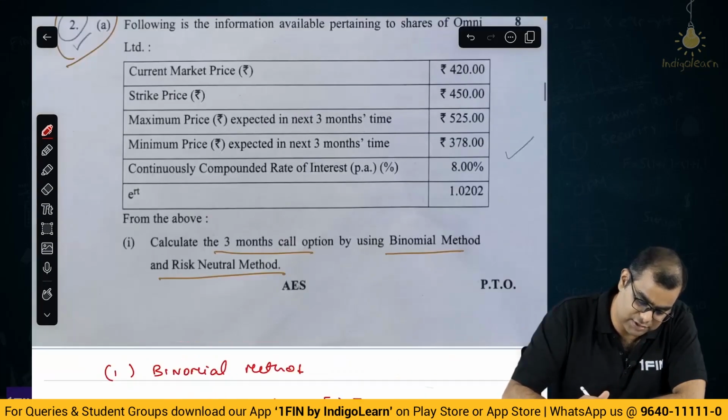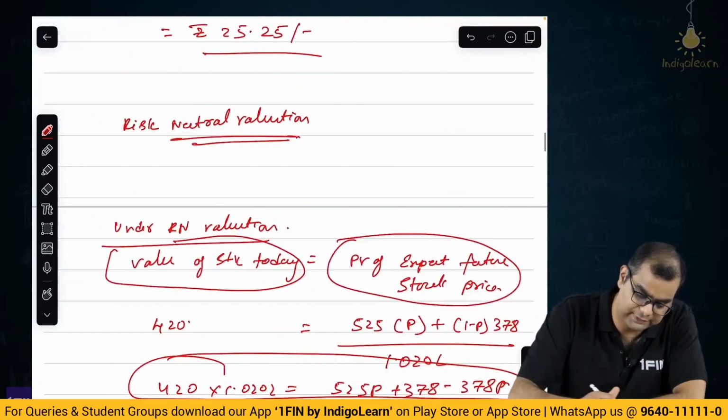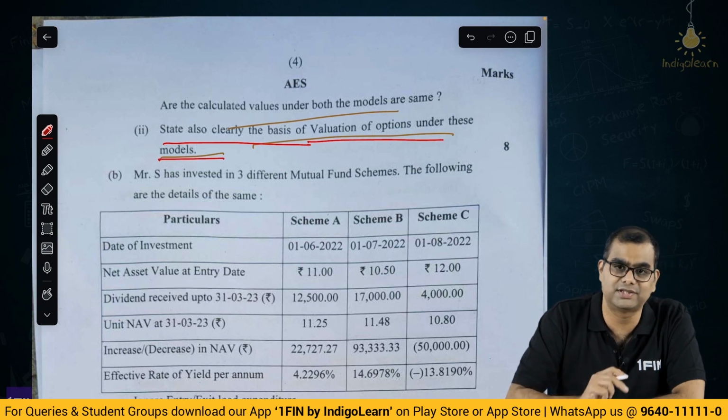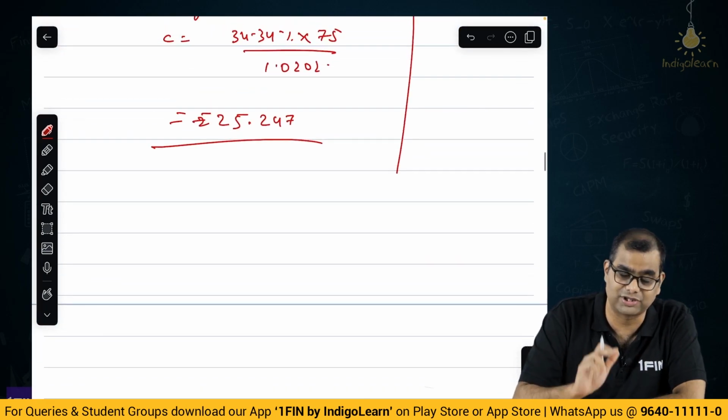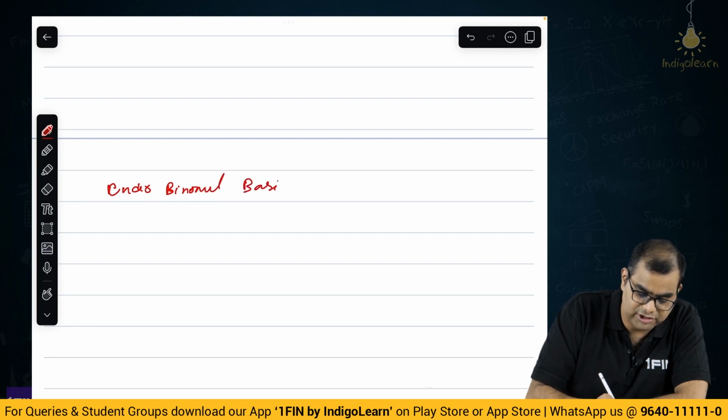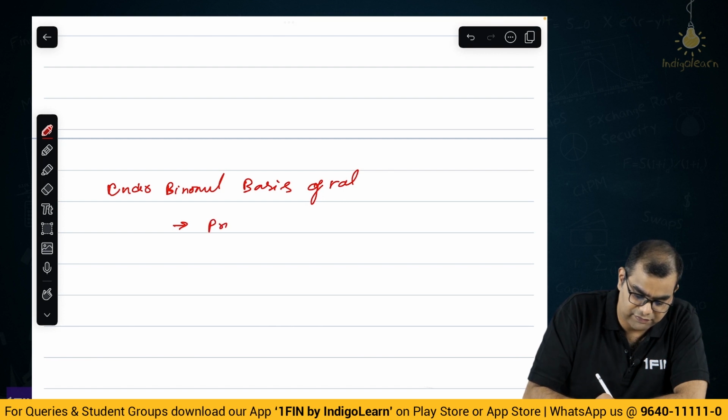What is the next part of the question? Calculate under these two. Then state clearly the basis of valuation under these two models. What is the basis of valuation under these two models? So the basis of valuation, I will tell you, under binomial, basis of valuation is principle of no arbitrage,